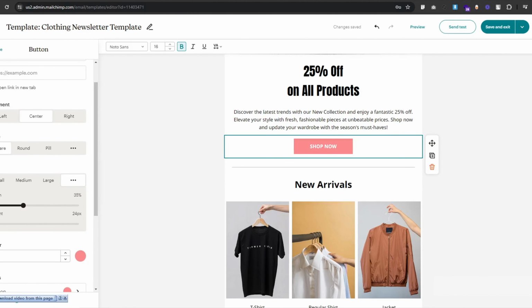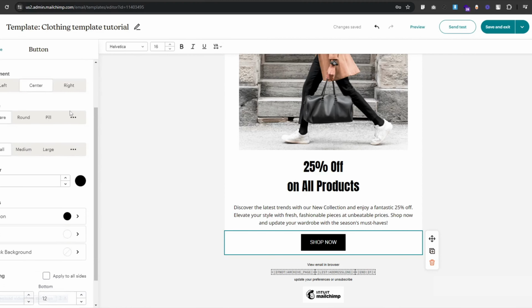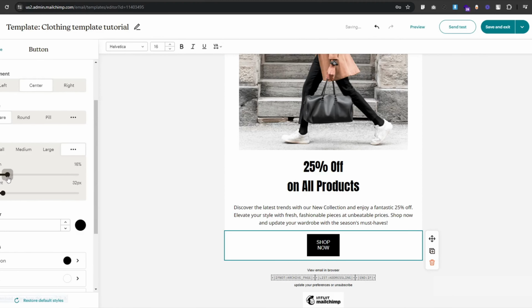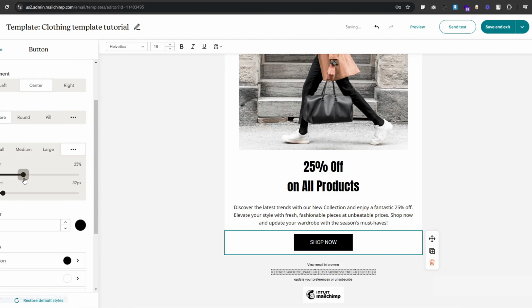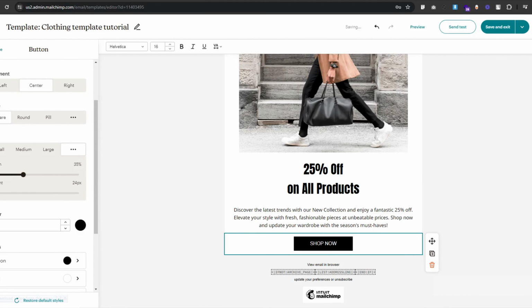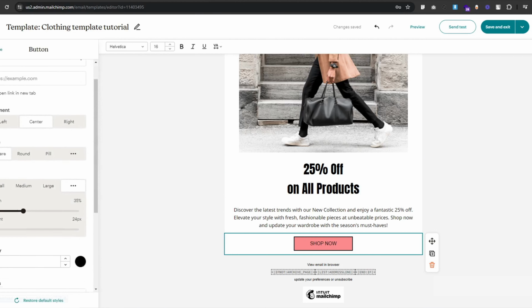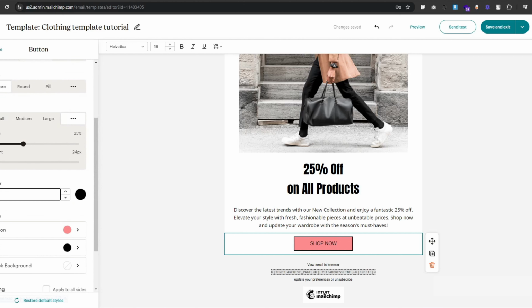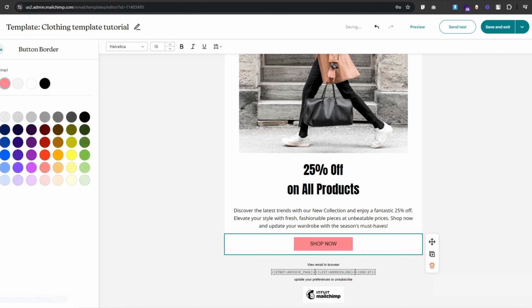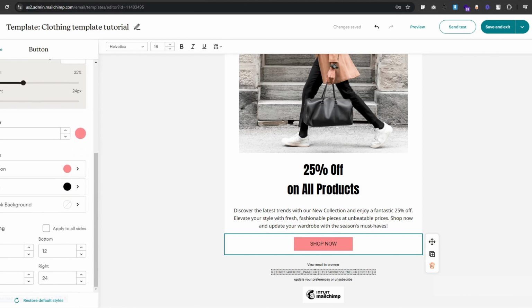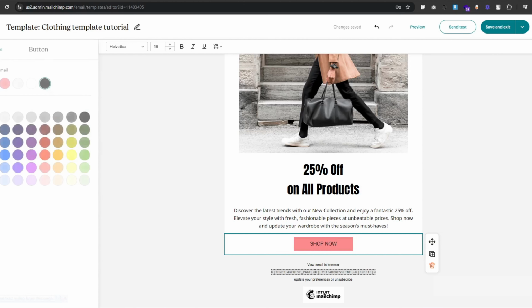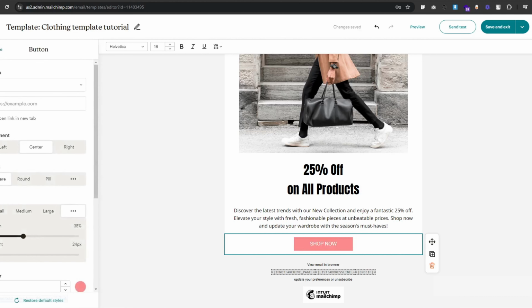Let's see the width and height. Increase the width to 35% and the height is 24 pixel. Now change the color. There is a border, so in order to remove the border we can decrease the border line and just add this color, and we have to change the button text to white,